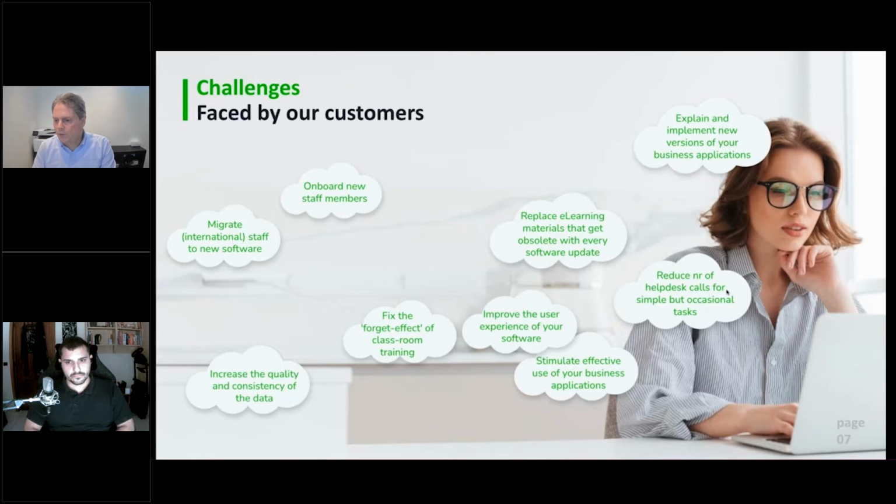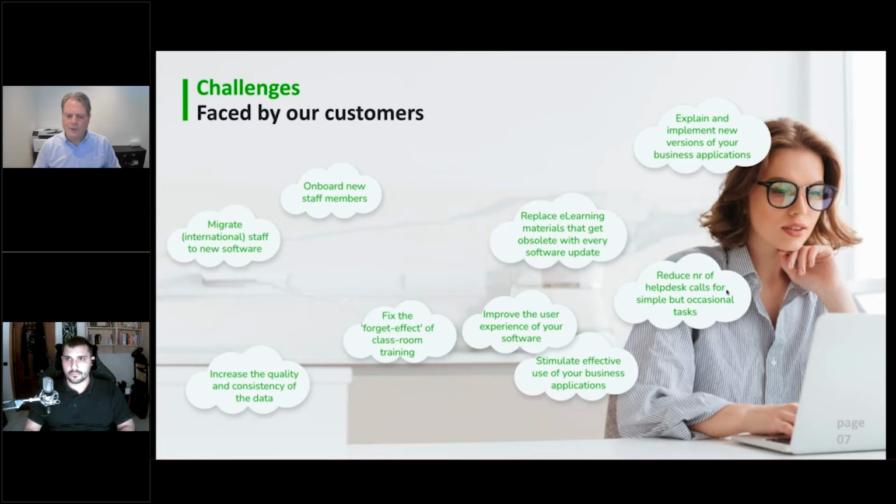Here's a very important one, reduce the number of help desk calls. What we often see is that even simple tasks in your business system that occur really rarely, people just forget how to do. We had this case with a large fashion brand who had like 25,000 employees worldwide in every continent, and they work with Workday as an HR system.